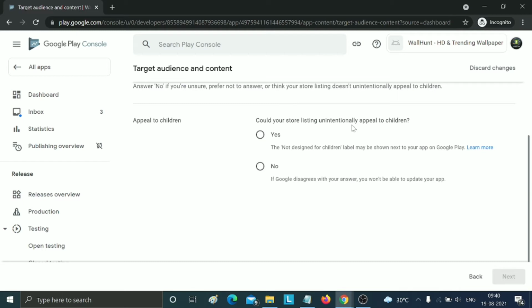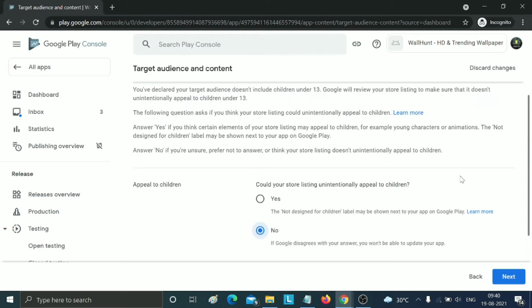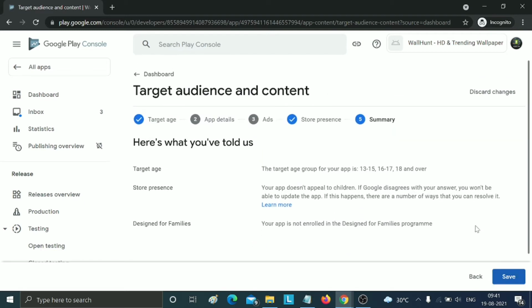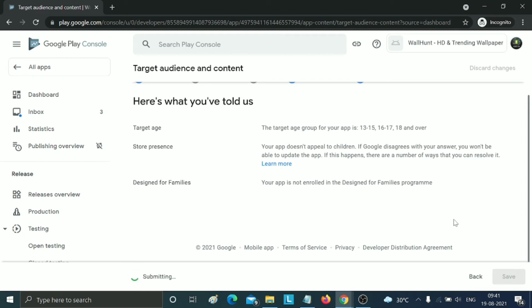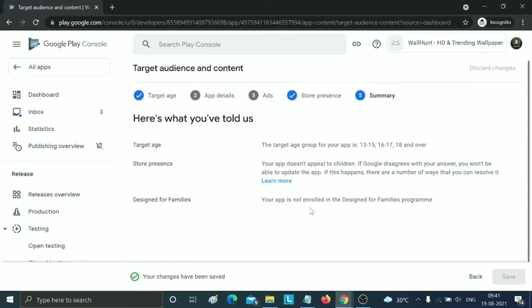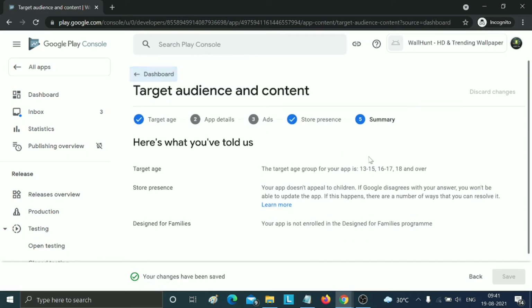Okay, and for appeal to children, just click no and click on the next option. You can also read all the messages according to this. So we just add the no option and click on the next button. This step is also completed now. Just click on dashboard again.